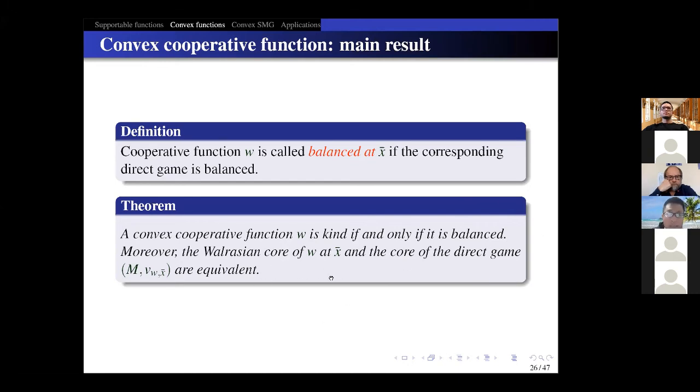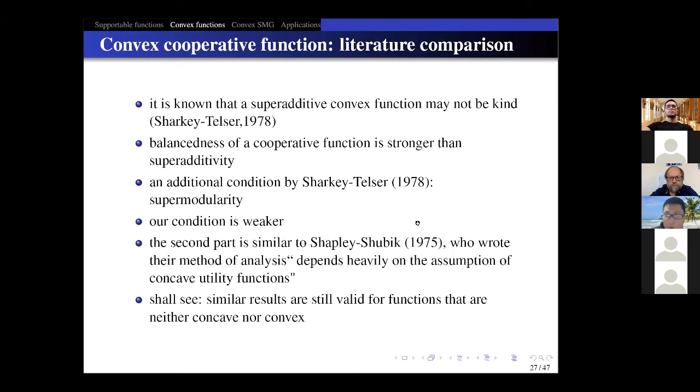And also we show that its Walrasian call at x bar is in some sense equivalent to the ordinary call of a special superadditive market game. And this second part of the result